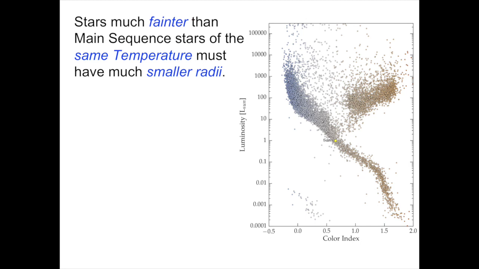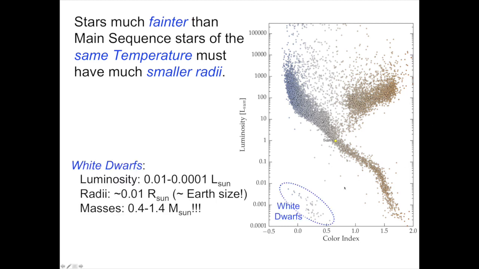Stars that are much fainter than main sequence stars of the same temperature must have smaller radii. This is turning the problem around. Well, notice down here on the lower left-hand corner of the HR diagram are stars that are very hot but very low luminosity. They're vastly lower luminosity than main sequence stars of temperatures of 30, 20, 10,000 degrees Kelvin. These stars down here have luminosities of a 10,000th to a 100th the luminosity of the Sun, whereas these hot blue stars are 20, 30 times the luminosity of the Sun, up to 10,000, nearly 100,000 times the luminosity of